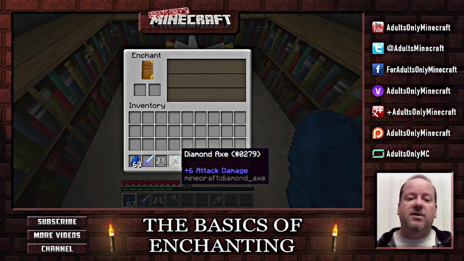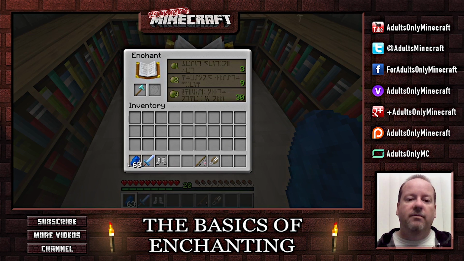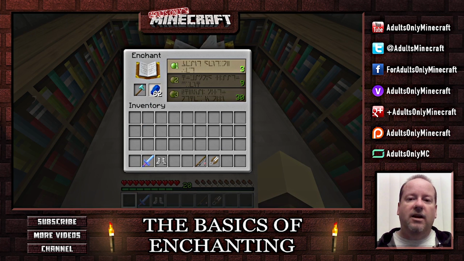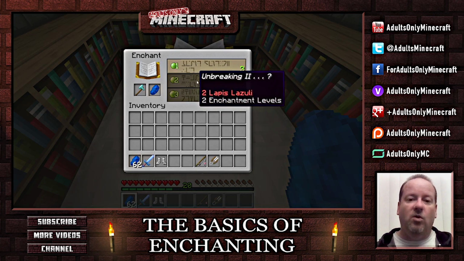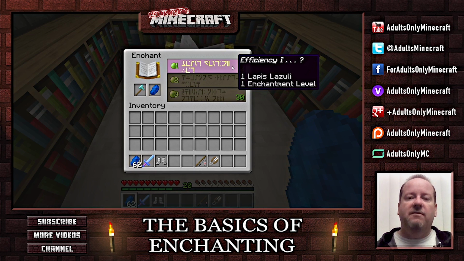Let's do something else. Let's put this in here and take a look at something real quick. Let's go for a level 2 enchant. No, I don't want to use up all my XP. I can always get more. But this is an efficiency 1,